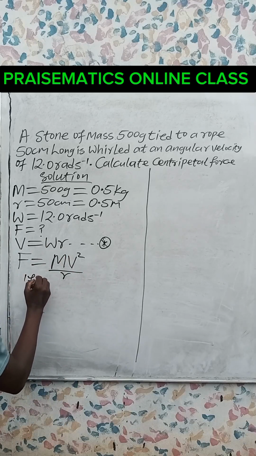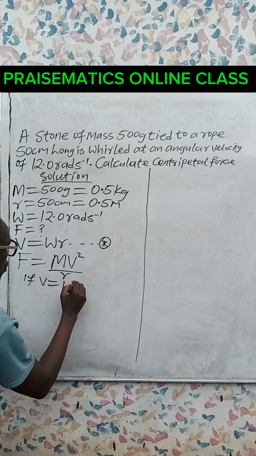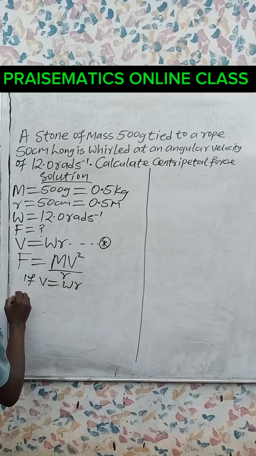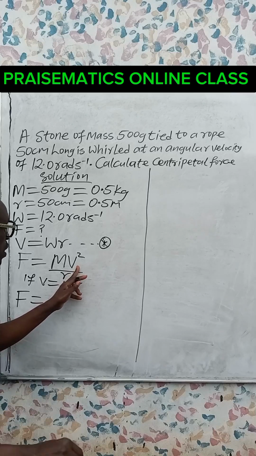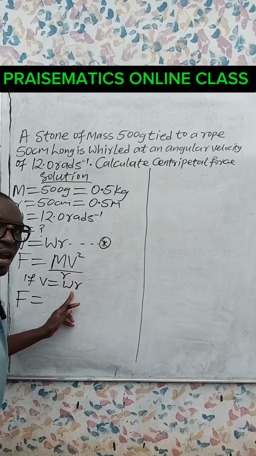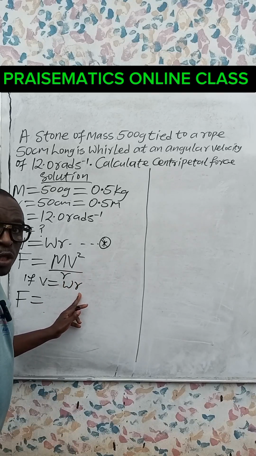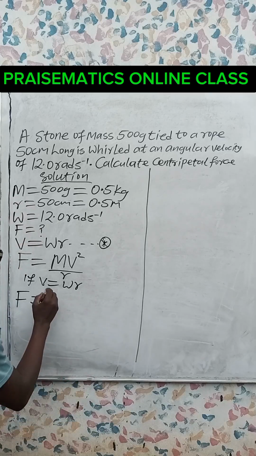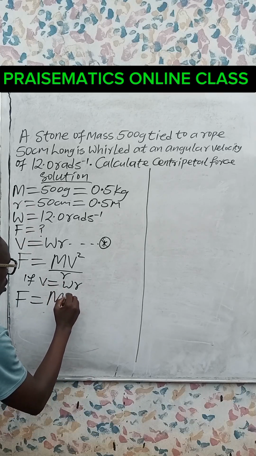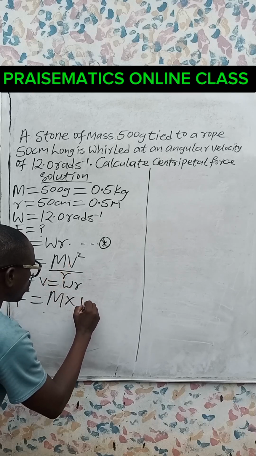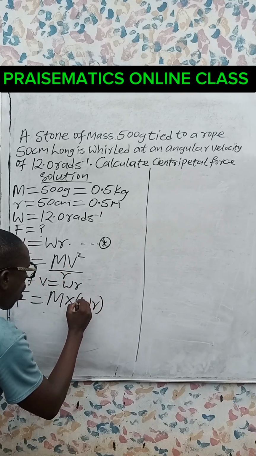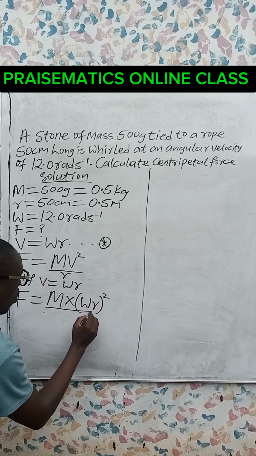If V is equal to WR, then F is equal to mass multiplied by velocity, which is WR, all square